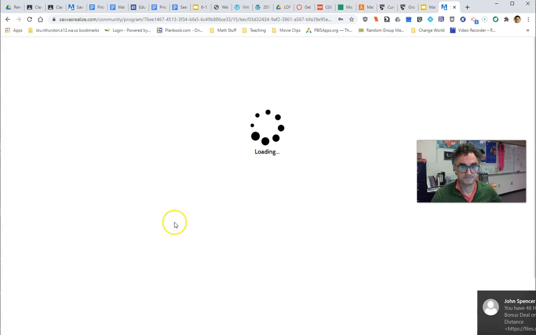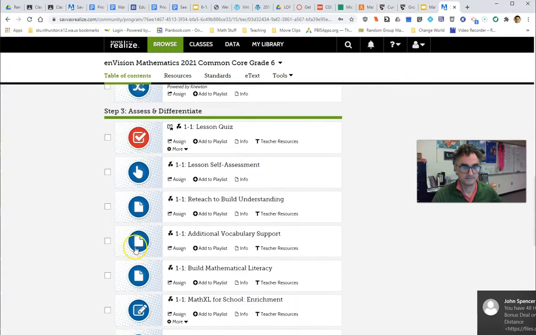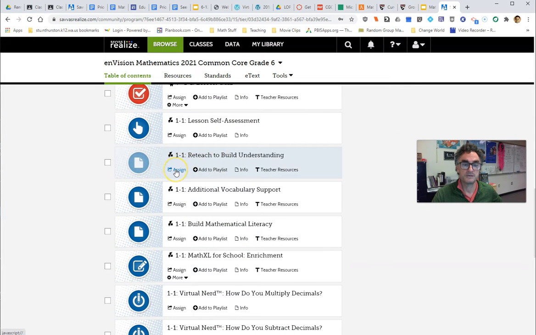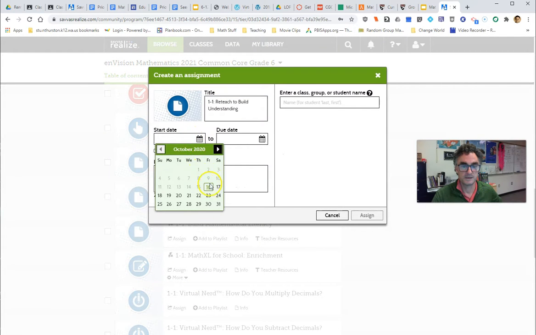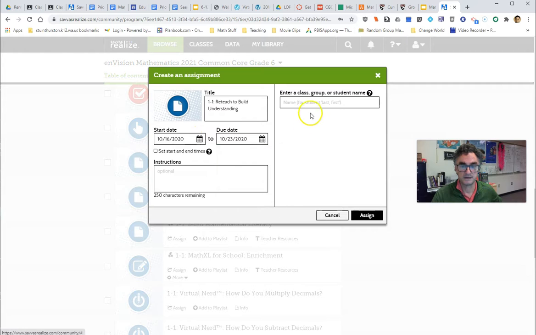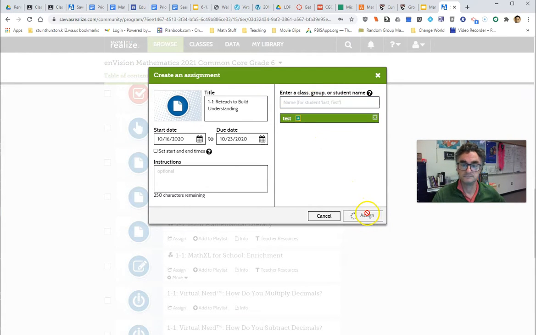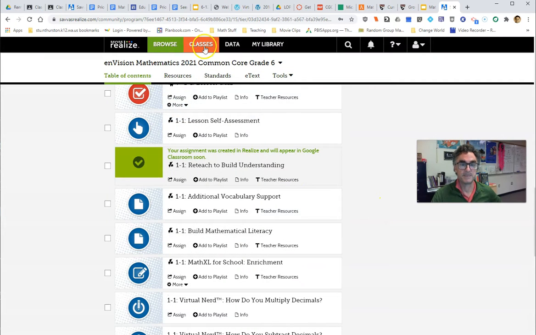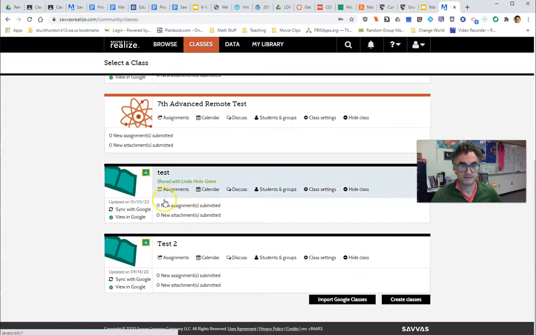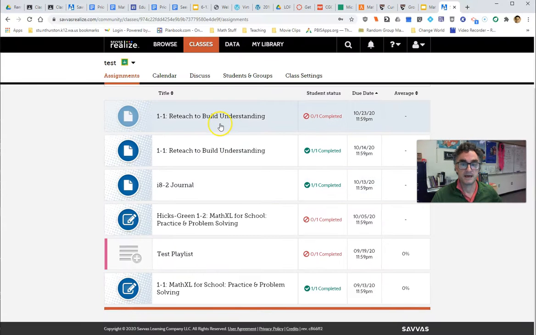So I'm going to assign it, and then we can preview it, and I'll show you what those tools look like. So I'll do this reteach. We'll quickly assign this. And I'll assign this to my test class. Okay, that's assigned. I'm going to go over to classes and find that assignment. And this is it right here. I just assigned this. So if I were to open this up